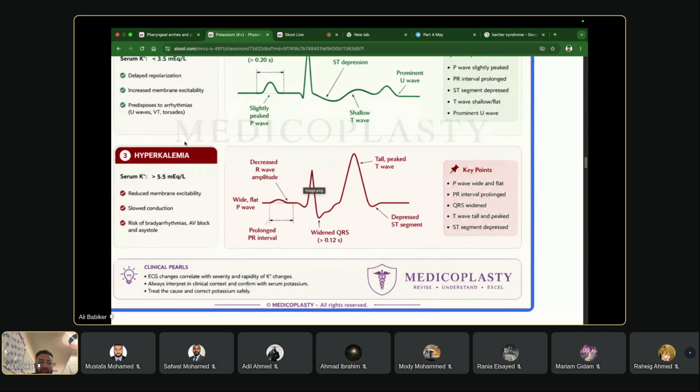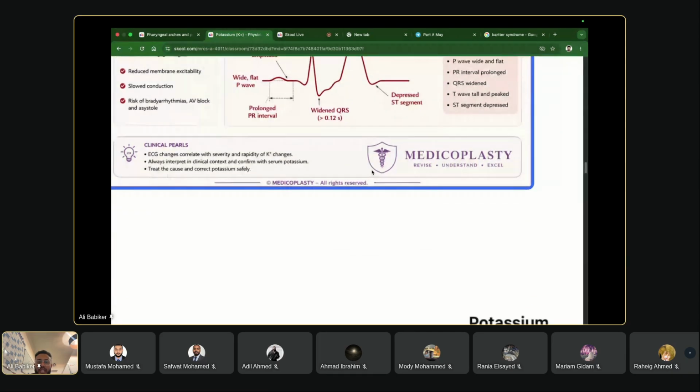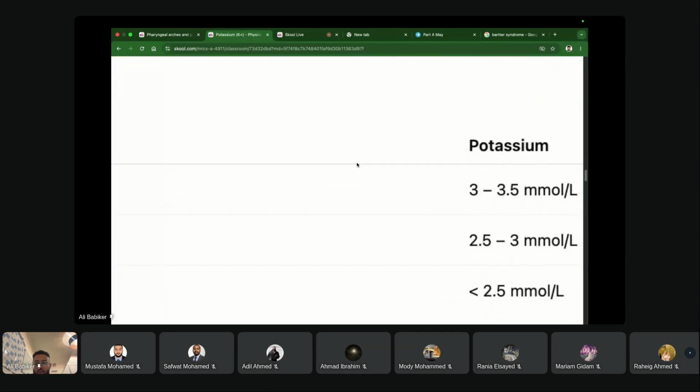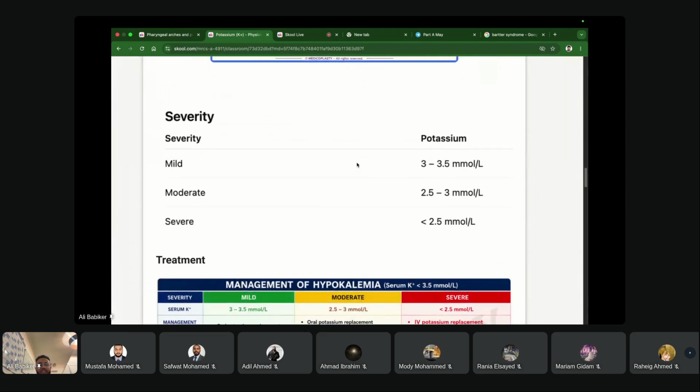If you have hyperkalemia, your patient will have tall peaked T waves. Okay, this is what will come to your exam. All right, severity of